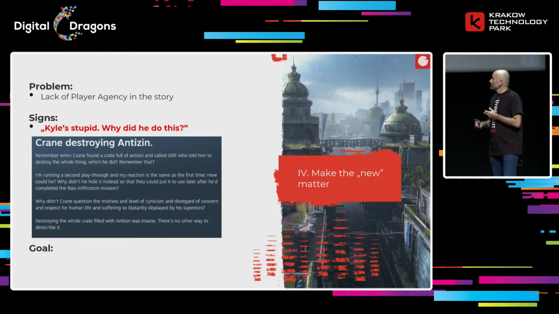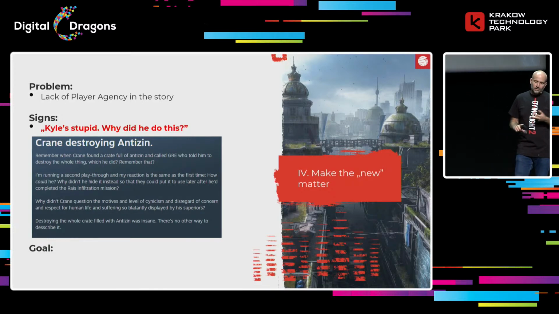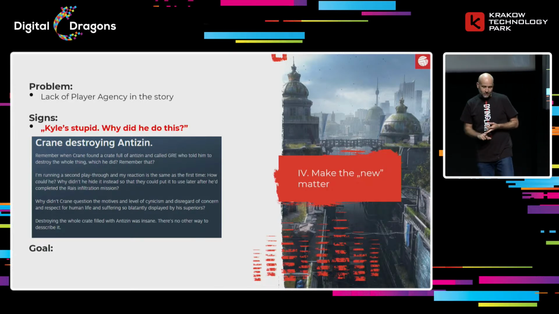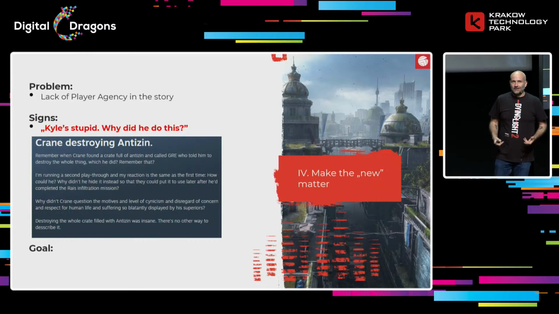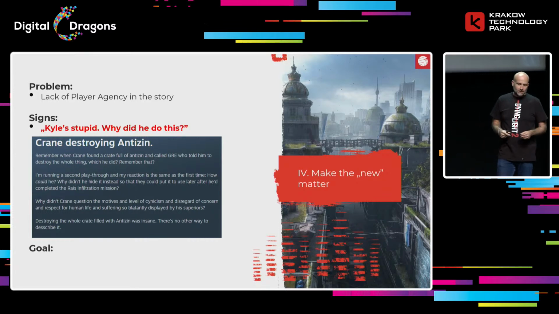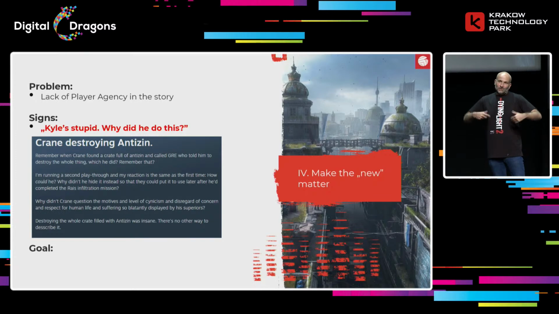So we had this problem of lack of player agency in the story. It could be seen by people writing things like this on Steam, etc., expressing their feeling that the main character, Kyle, is stupid. Why did he do this? There's this moment in the game where he destroys a crate of Antizin, which no sane person would destroy, but it was important for the narrative.